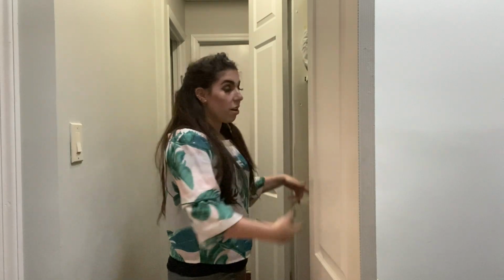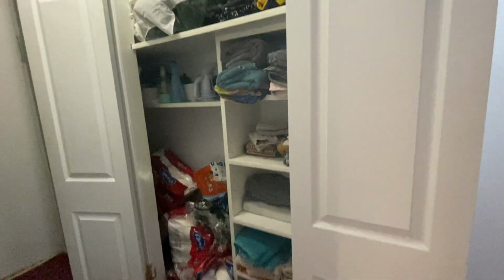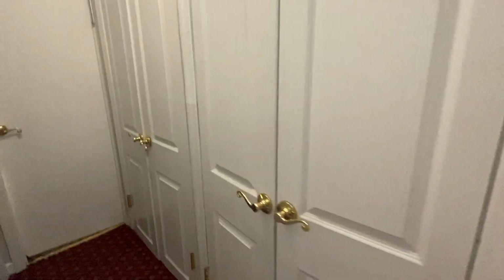Anyways, getting in here, let me show you what it looks like. I'm really embarrassed, I'm not gonna lie. It's horrible in there. Okay, don't judge me too much. This is what this closet looks like. This is just one section of it. As you can see, it's deep. It's two sets of doors. And then this is one side